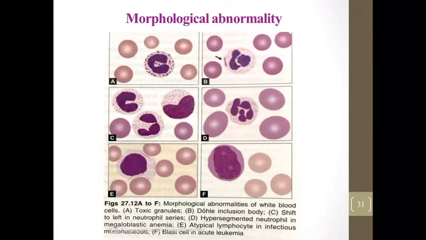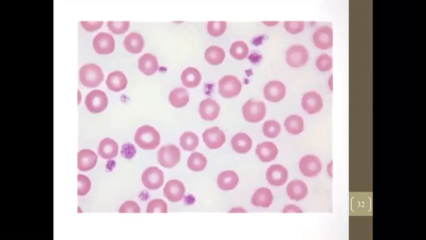So these are the morphological abnormalities we can identify in the smear in the WBC. If we find any abnormality, we have to report it or advise further testing for the same. So we have to look for all these things. Next is the platelet. We have to view the platelets in the oil immersion field. They look like small purple drops with granular cytoplasm.